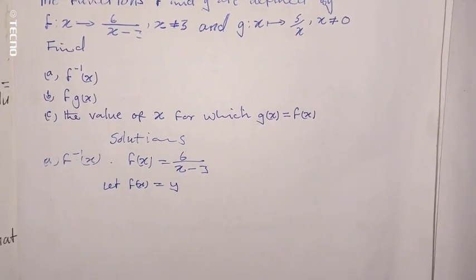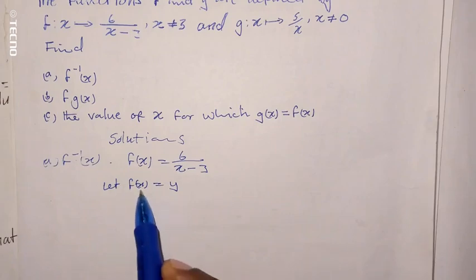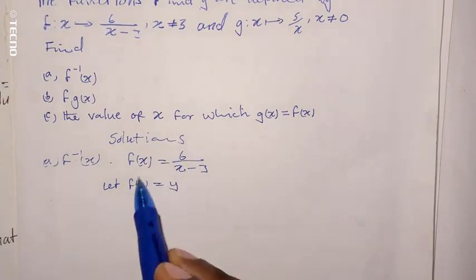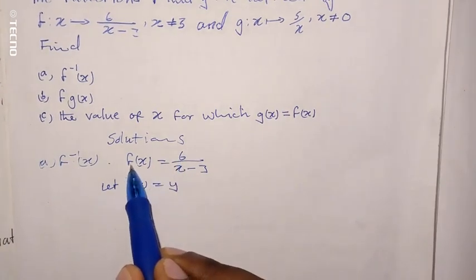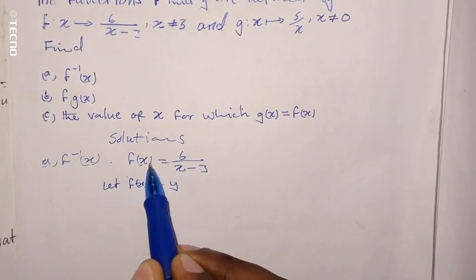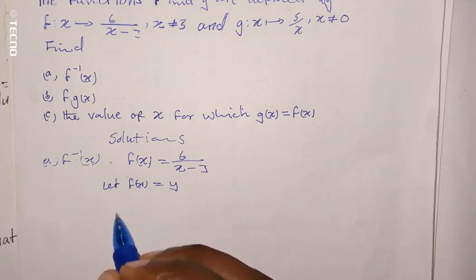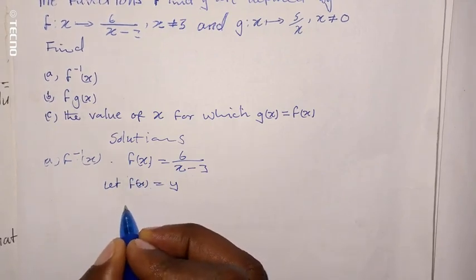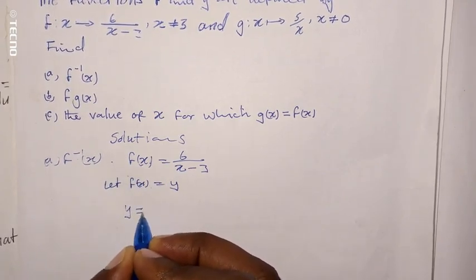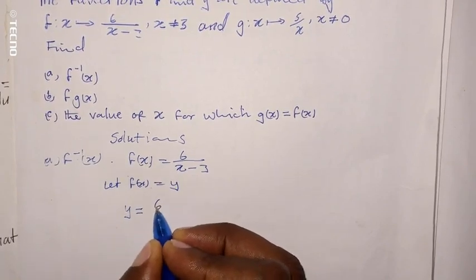Remember, this is an inverse, so where there is f of x we replace by y. So we say here it's y, then 6